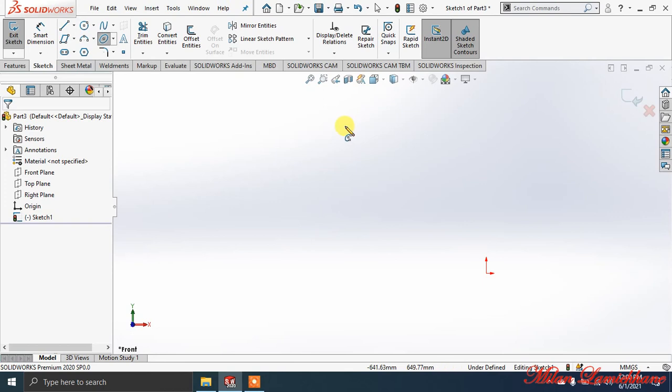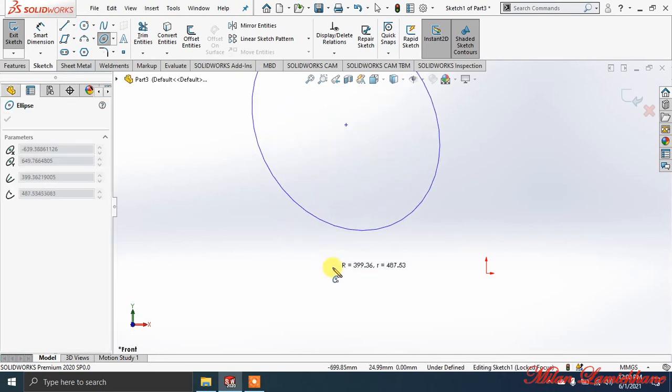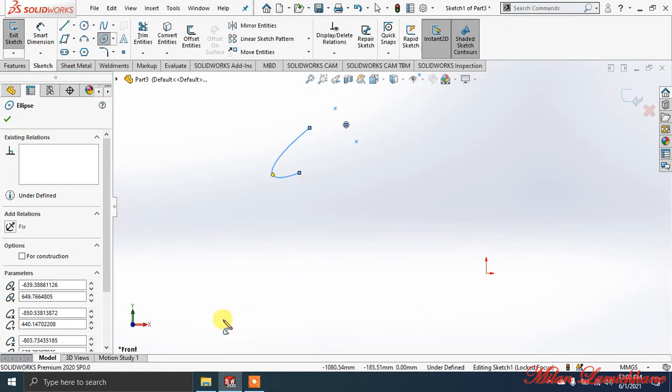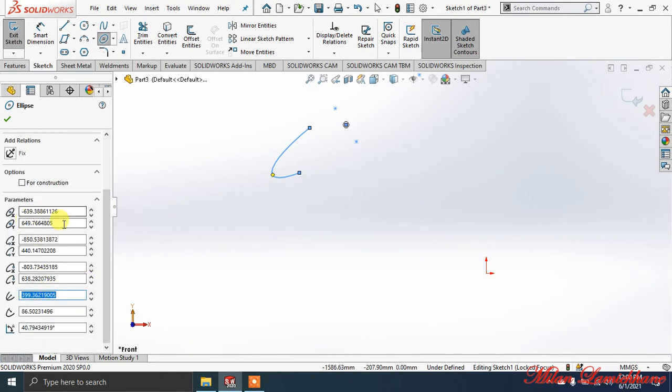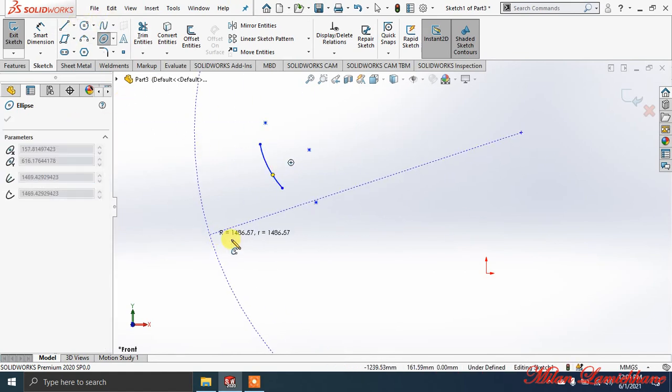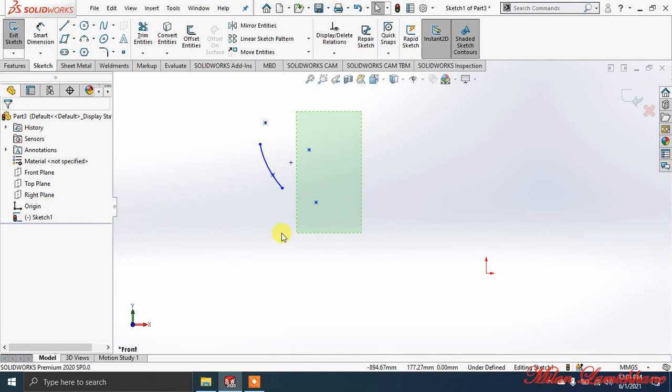Now for partial ellipse, you need to specify the center line like this. Same thing is here: x coordinate, y coordinate, and after this again the x coordinate, and this is radius 1 and this is radius 2. If I make it 210, it will be bigger, and you can see the difference, as I have already shown in the first figure. There will be two radii in the ellipse. Now